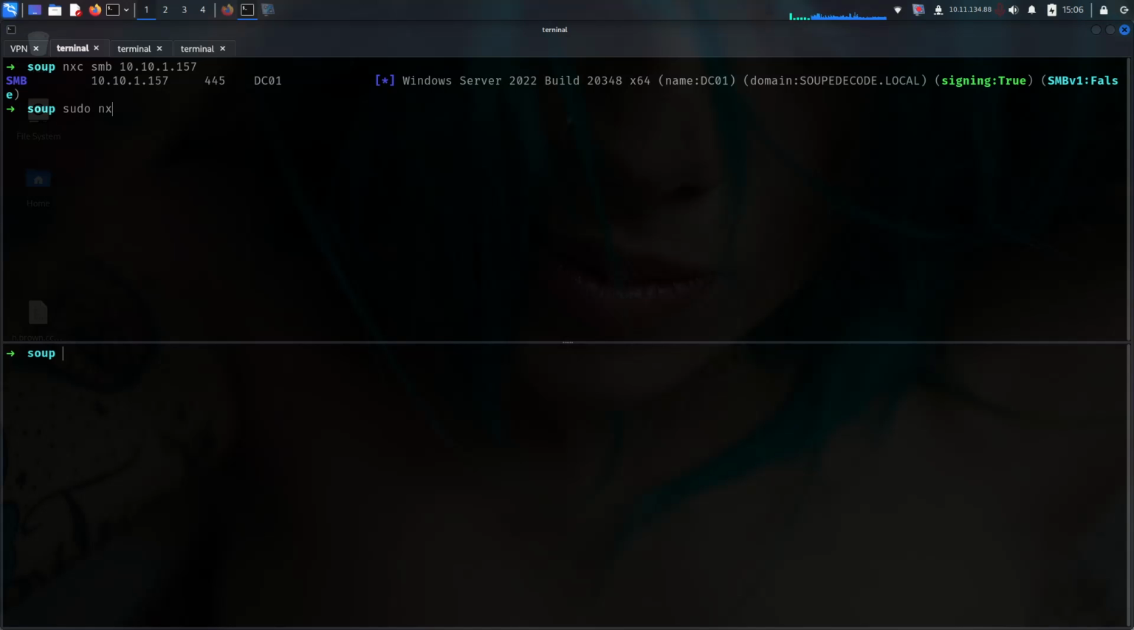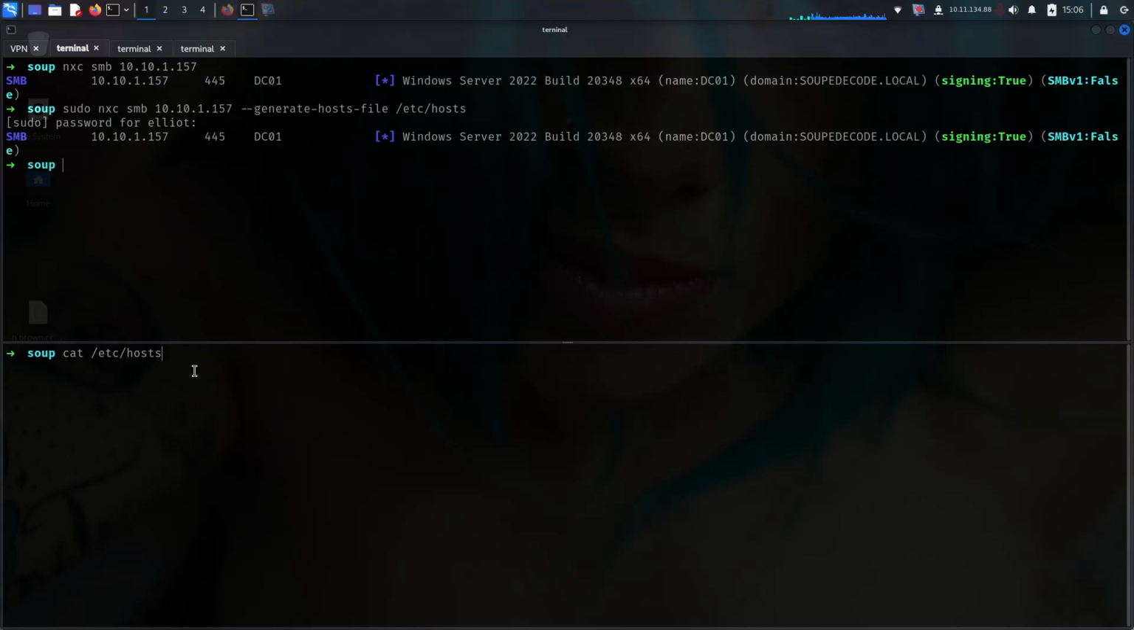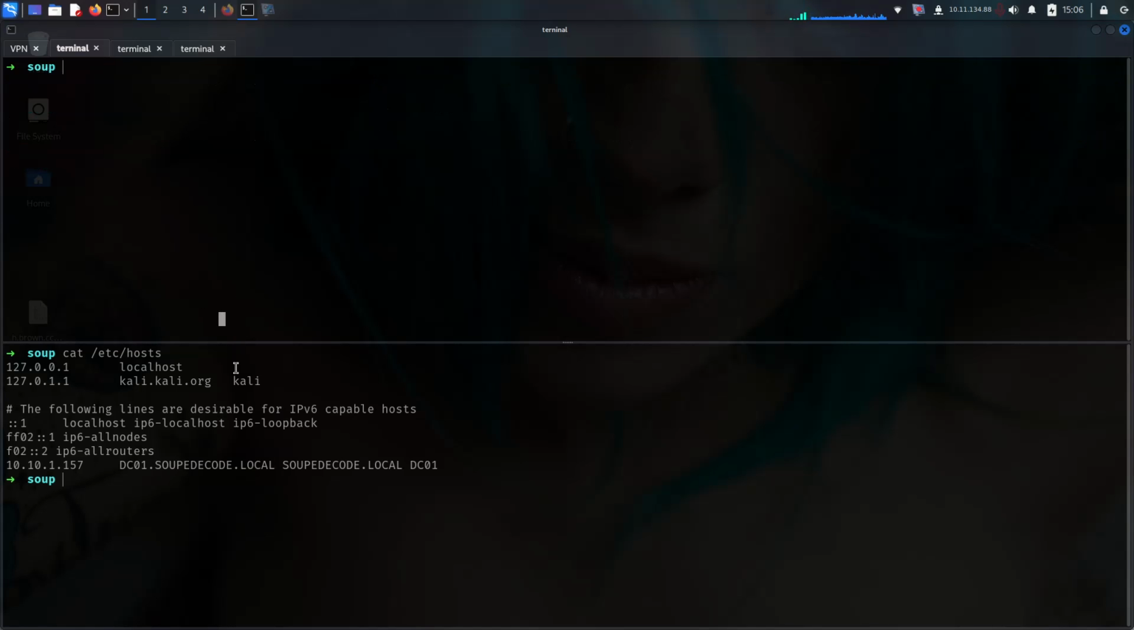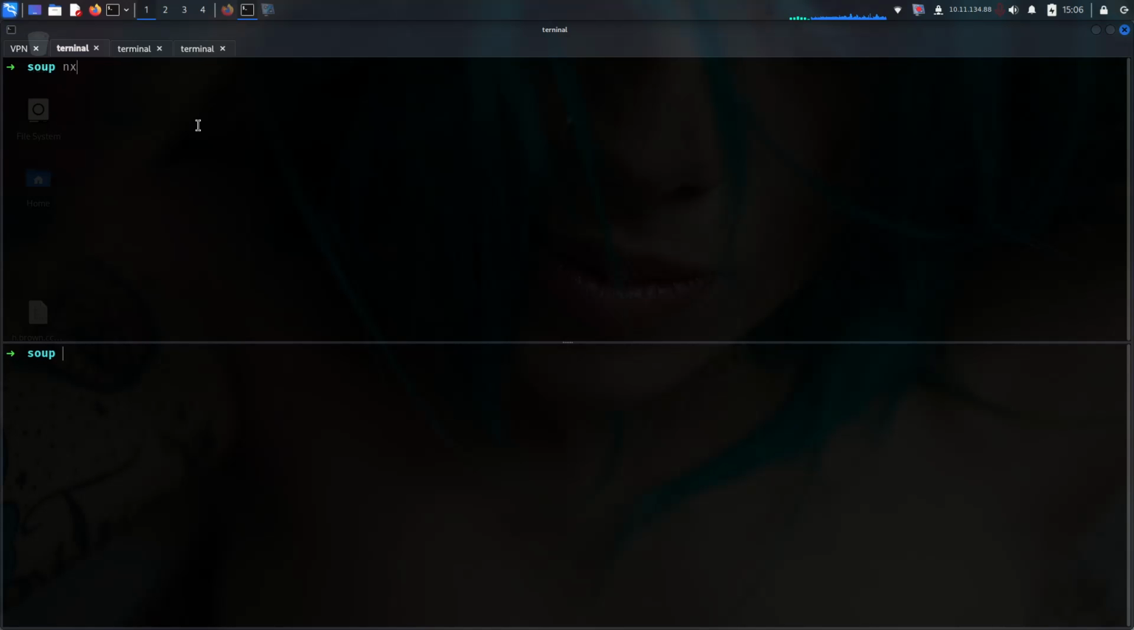With netexec we are able to generate the /etc/hosts file, so let's use it for this. After we run it, it will generate the /etc/hosts file for us directly, and it's over here. We got it. So now the first thing we can try is to see if we have guest access on